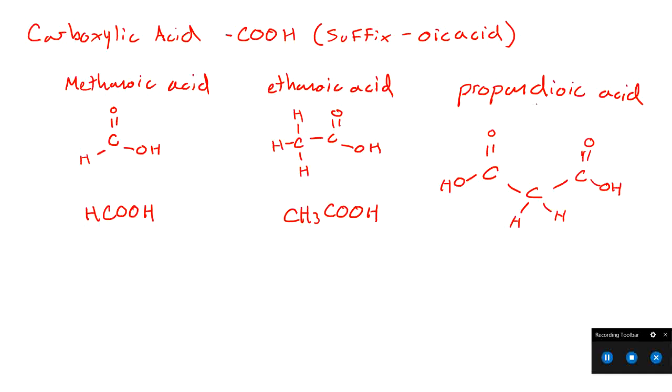So if we see a dioic acid, it just means that we have two carboxylic acid functional groups present in the compound. Okay, so that's another one containing an alcohol group. Okay, the next one we can have,